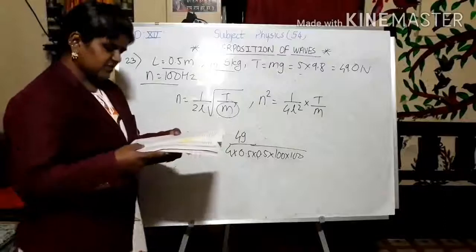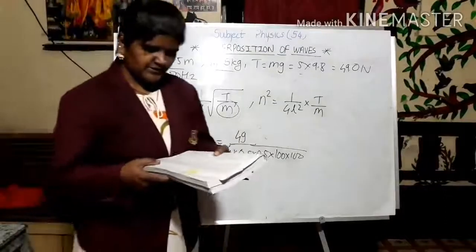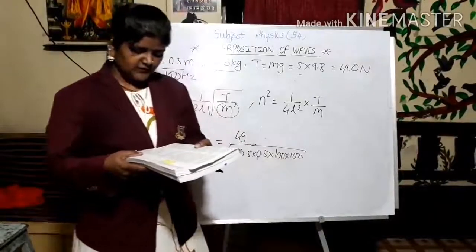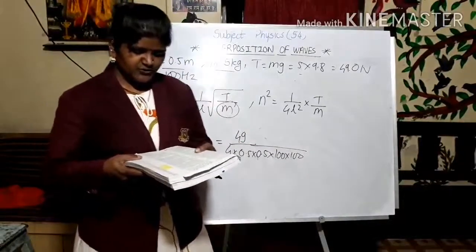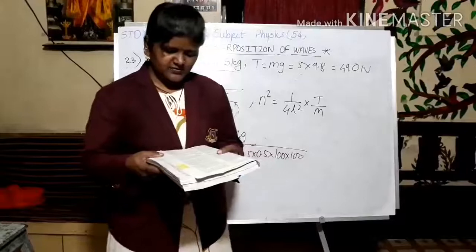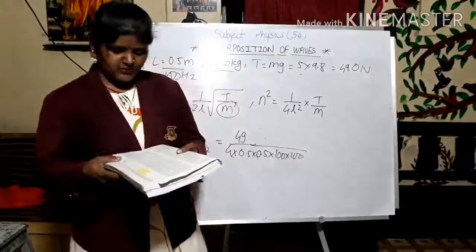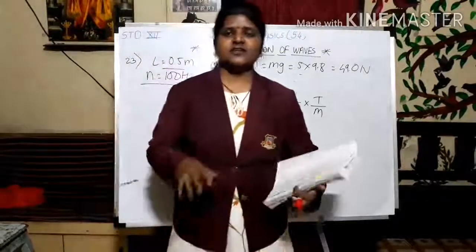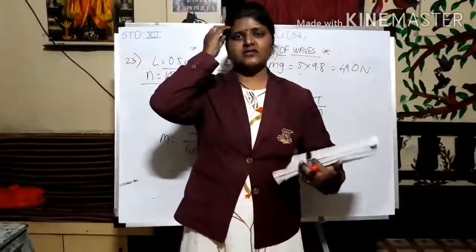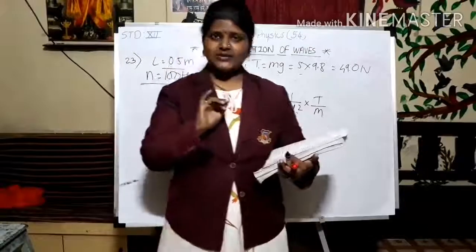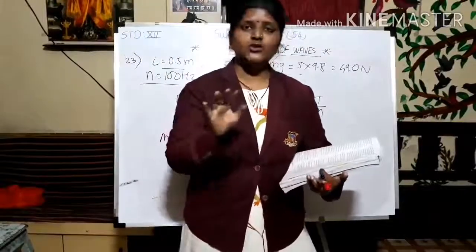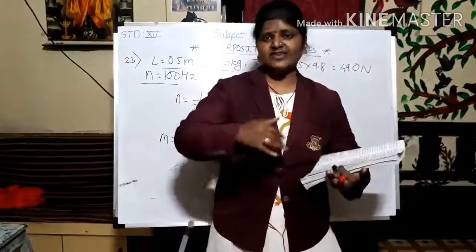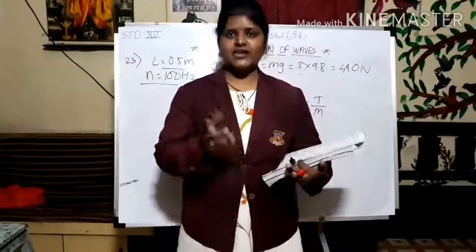Guitar. The string of a guitar is 80 cm long and has a fundamental frequency of 112 Hz. If the guitarist wishes to produce a frequency of 160 Hz, where should the person press the string? Did you get it? The guitarist is playing the guitar, and at length 80 cm he got the frequency of 112 Hz. Now he wants the frequency 160, where does he have to press? What should be the length?